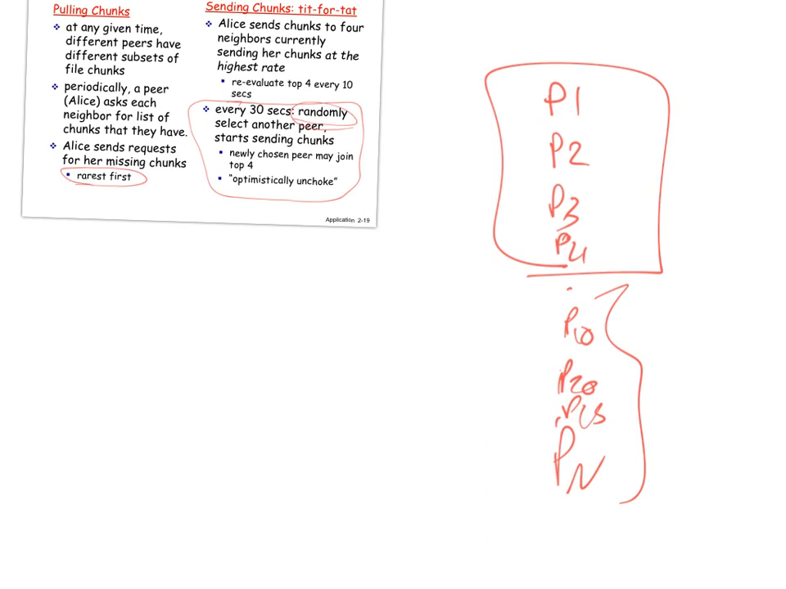The idea about this is that we promote the fast speed, but we also try to be fair to poor speed or lower speeds. But lower speeds, since we are selecting them randomly, this will allow us to change them every now and then. So every 30